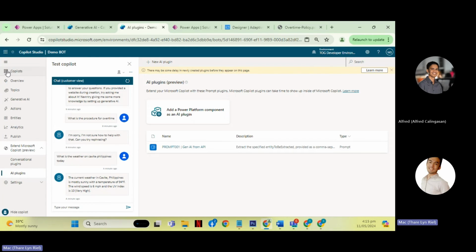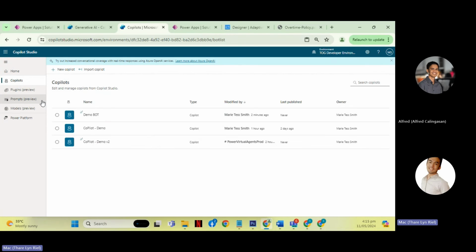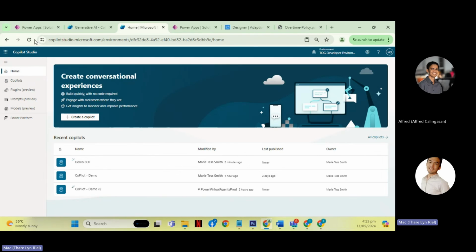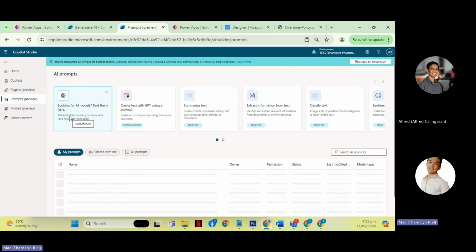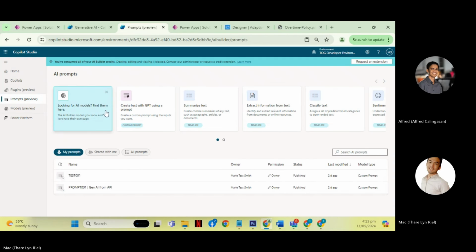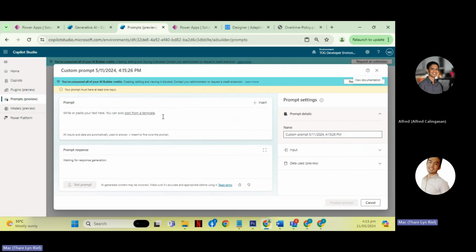I mean, you can add from outside of your Copilot on the home. One example of the AI models is the AI Builder prompts. AI Builder is an extension of Power Platform. So if you click on the prompt, you can create text with GPT using a prompt.